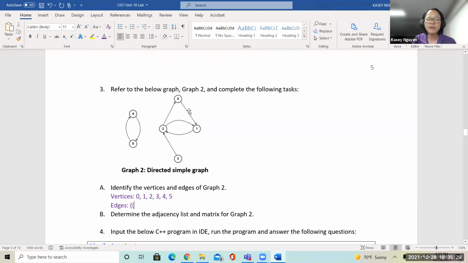So we can start with 0. So 0 to 1, and then 1 to 2, and then 2 to 0, and then 3 to 2, and then we have 4 to 5